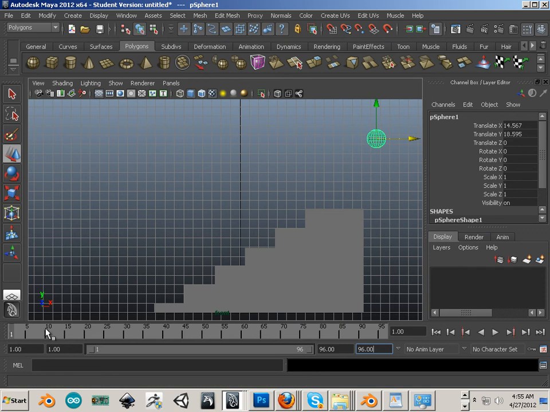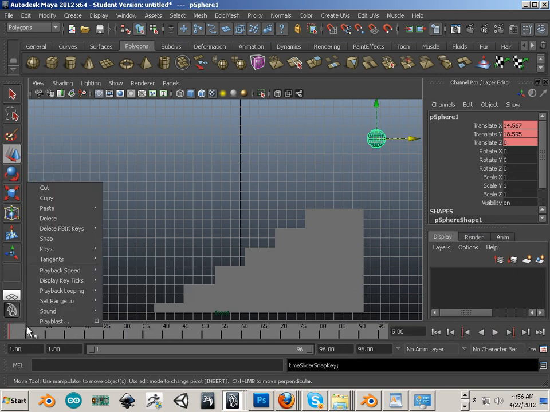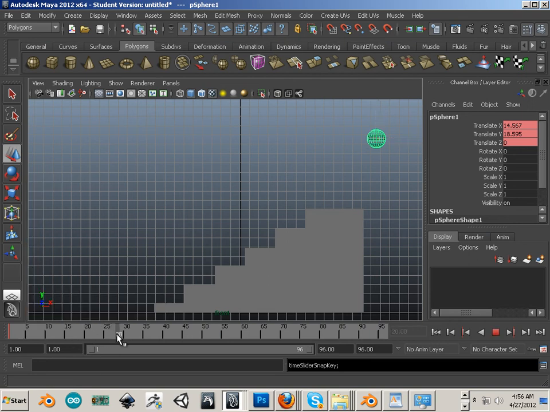Now I'm going to start on frame 1 and hit Shift W because I'm only keying in translate. Now I'm going to make sure my snap is on. There's no indication of it being on or off, but I just like keeping that on. And I'm going to go to 24. Now in 24 frames, which is 1 second in time,